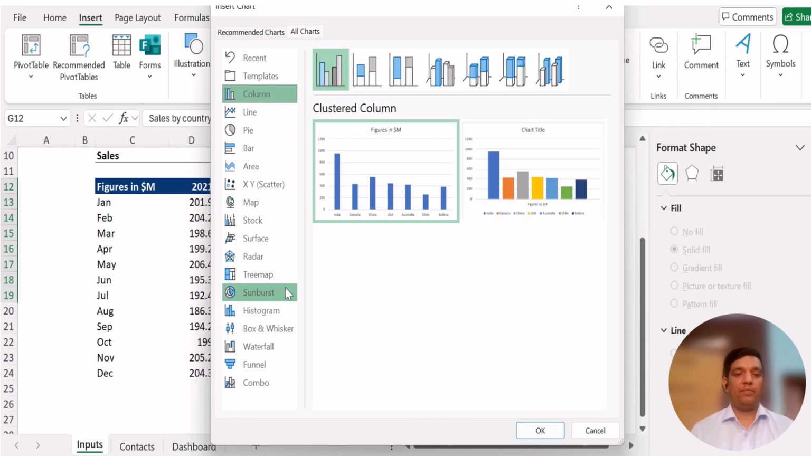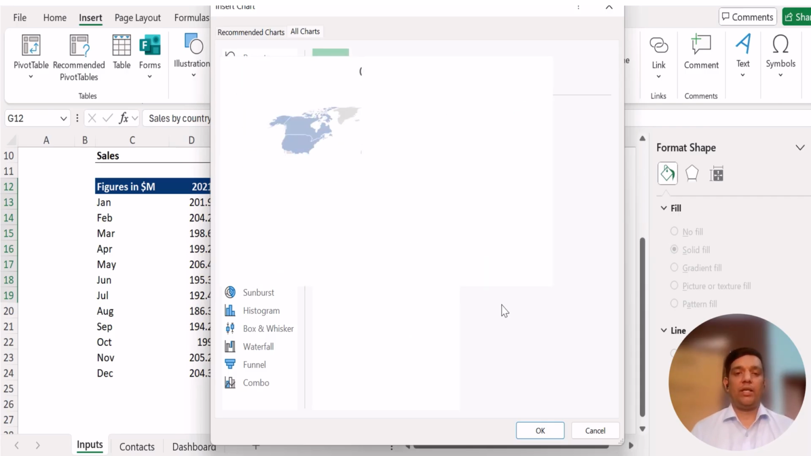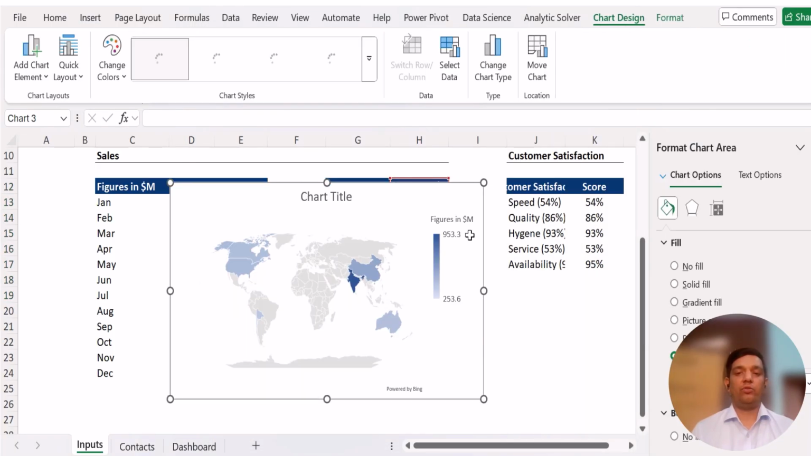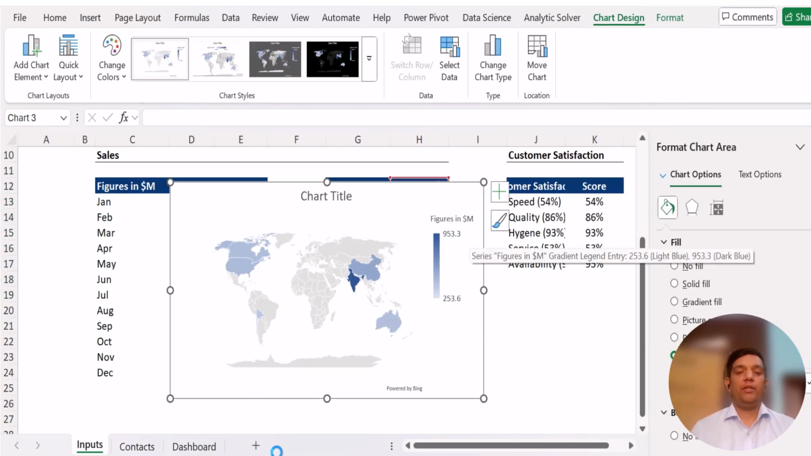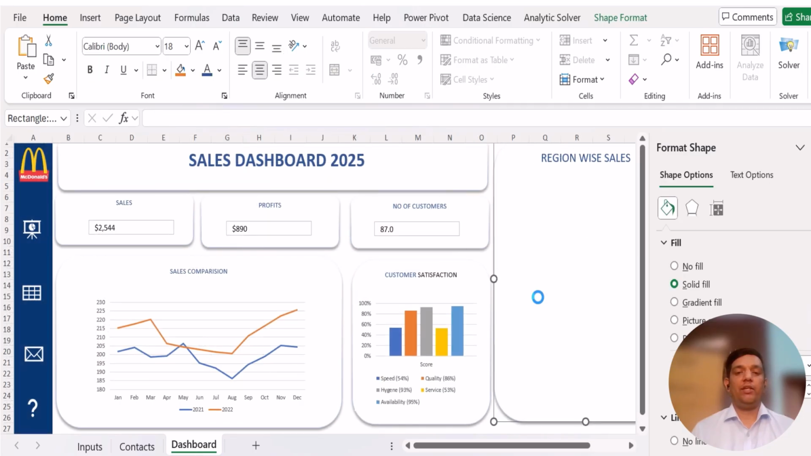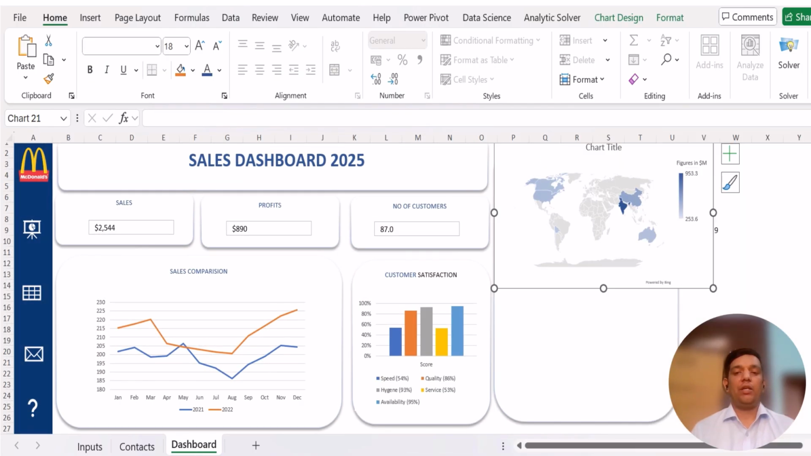Where is the map? Okay, this is the map here. I am choosing it, map chart. I can choose a different format that we're going to do next. So I have selected it. OK. Then I will cut it and paste it on my dashboard so that I can clearly see what all things are there. Okay, now I'll again